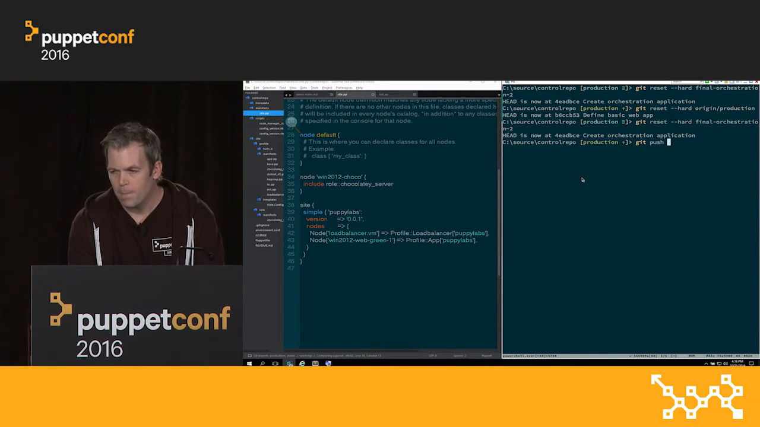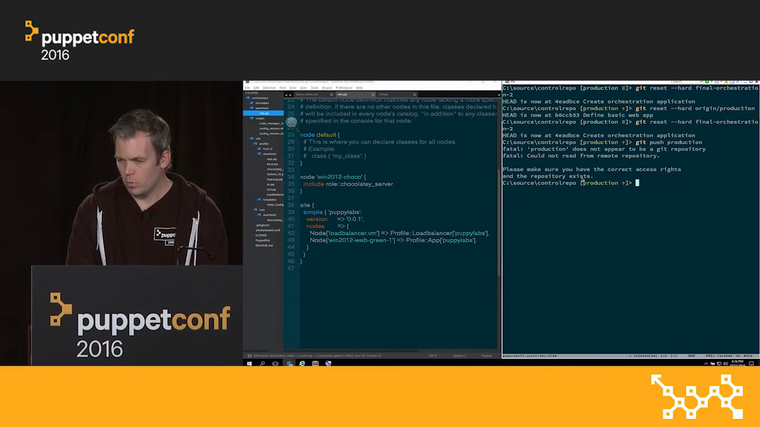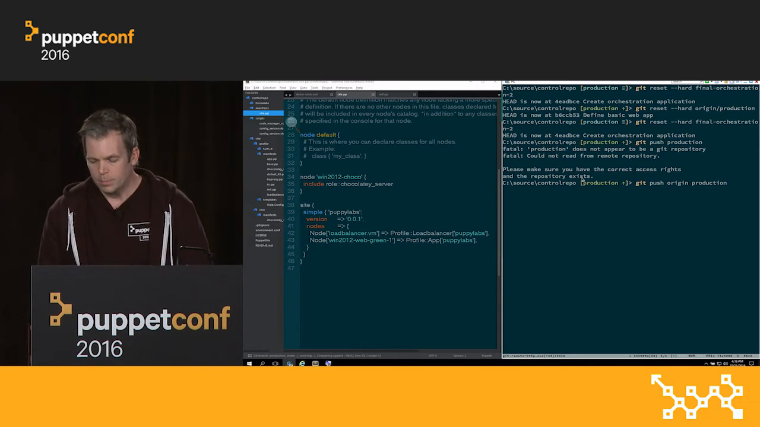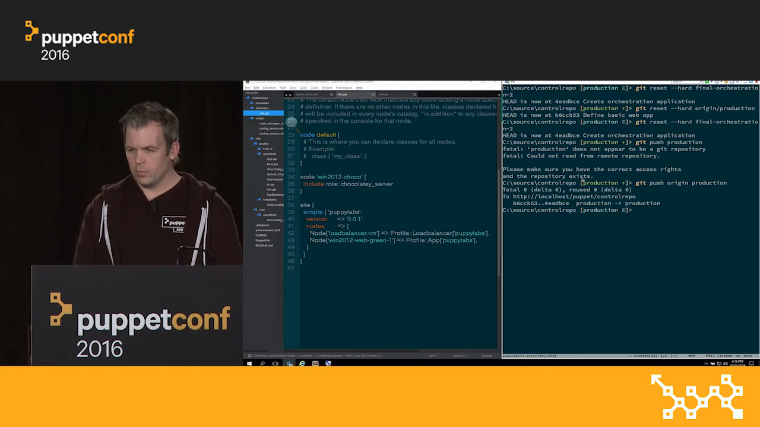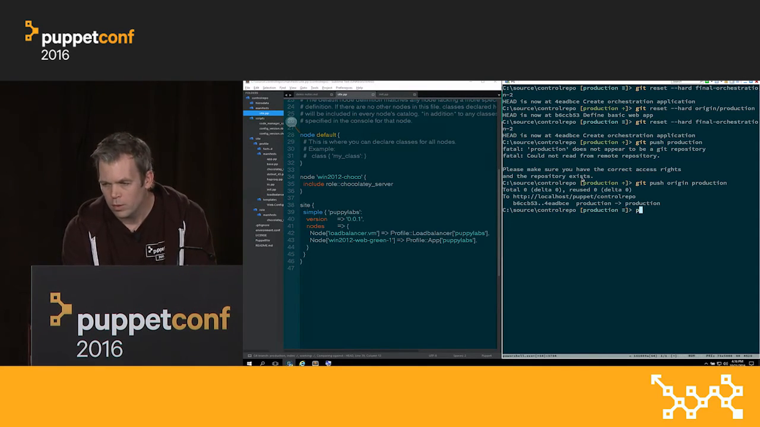So the steps here are we've committed code, right? We're going to push it up to our GitHub repo. Oops. It's going to help to use the actual upstream repository. OK, so now we've pushed that up to our Git repo, right? We're ready to start moving those bits around. We're going to use the Puppet code tool